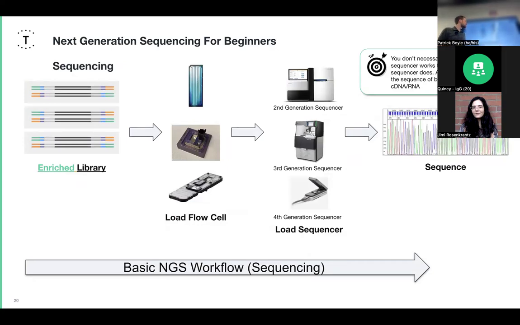I'm going to go through probably two more slides and we can take a quick break. So the time is a little bit funky right now. We just watched a video, but this is more of a takeaway to know that once you're done with the enriched library or whole genome library, you take that and put it onto a flow cell. The barcodes, the adapters that are at the end of these fragments, so these colorful pieces here, specifically the orange and green, that is the adapter that is very specific to the system